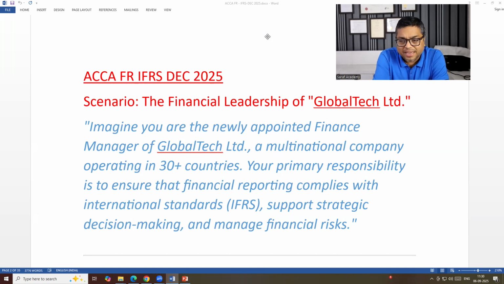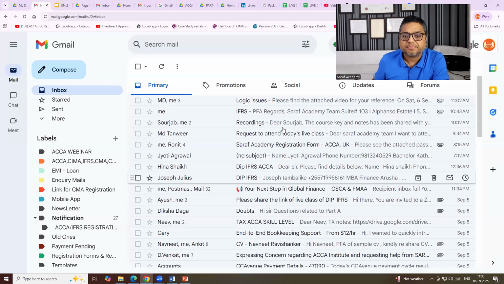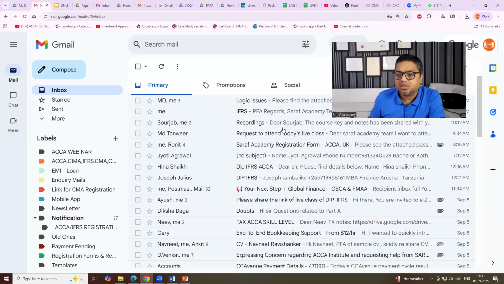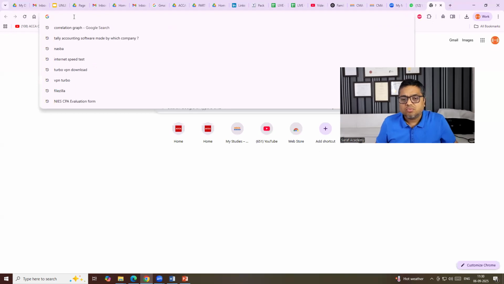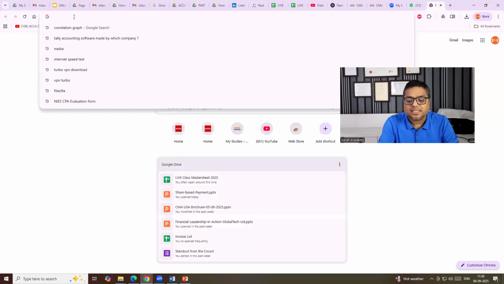The basic thing remains the same, but for different students, different exam patterns are there, and we will focus on different papers in different classes. Just for the beginning only, because normally students, even at the end of the batch, say, sir, how will I solve the question? What type of question will be coming in the exam?